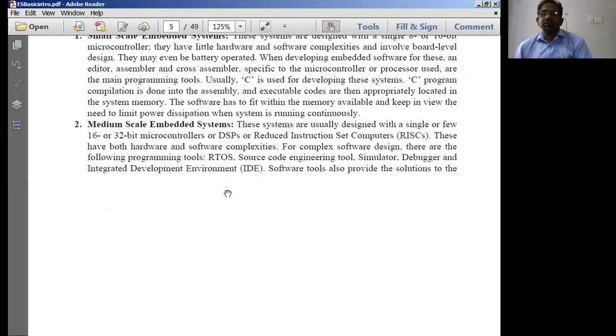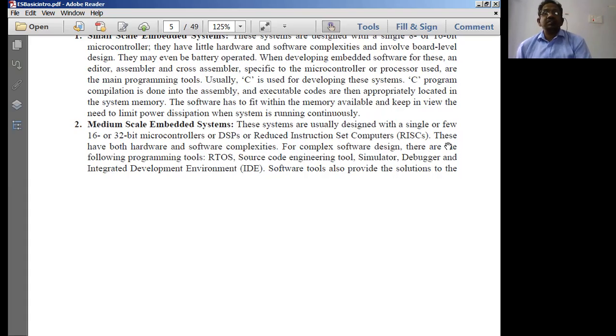Therefore, more advanced software tools will normally be used to design such medium scale embedded systems. It is something like, say, designing a Java program, designing multi-threading concepts in Java, right? And to design some server-based applications in Java, we're going to use development environments like Eclipse, or some other environments to develop the program. Similarly, here also you're going to use IDE tools. Okay, so development environments have to be used compulsorily here.